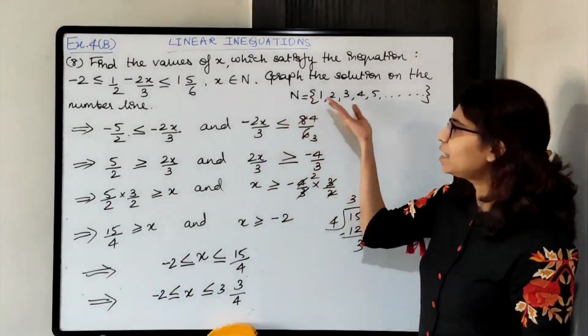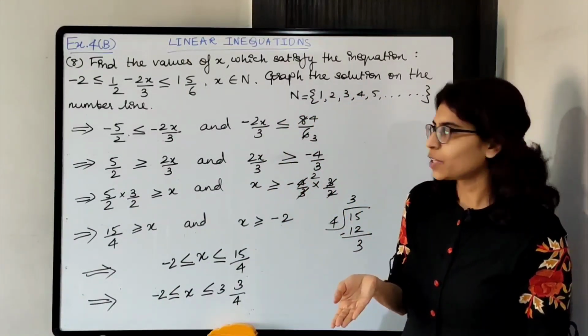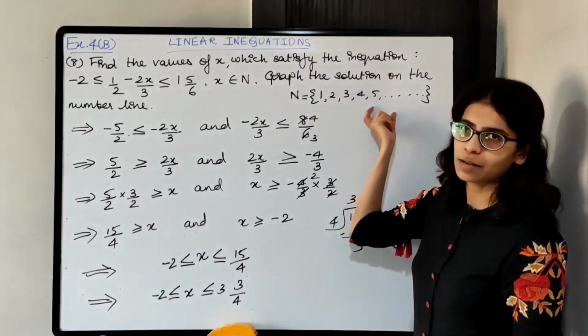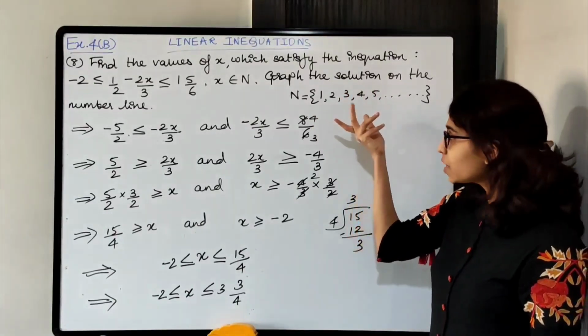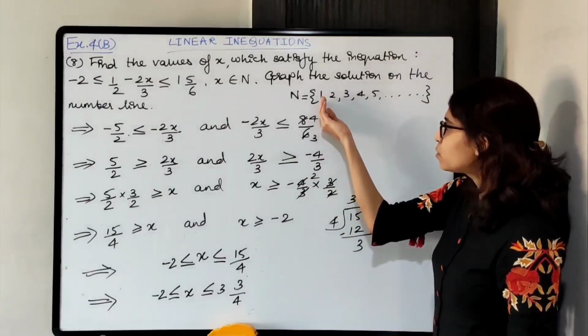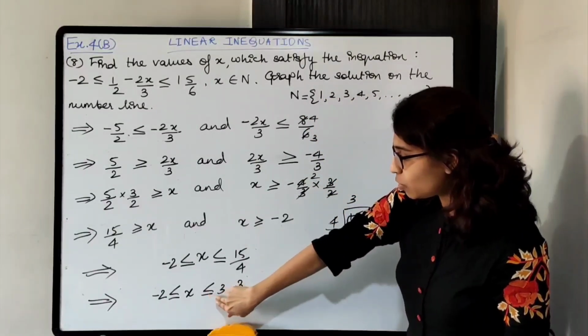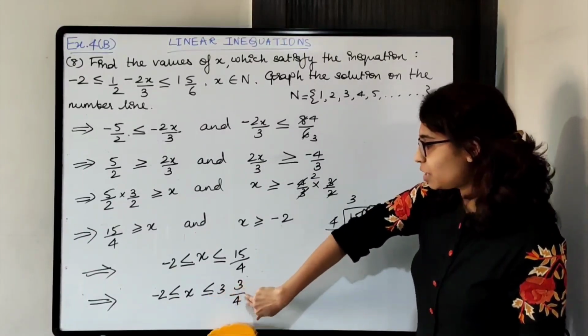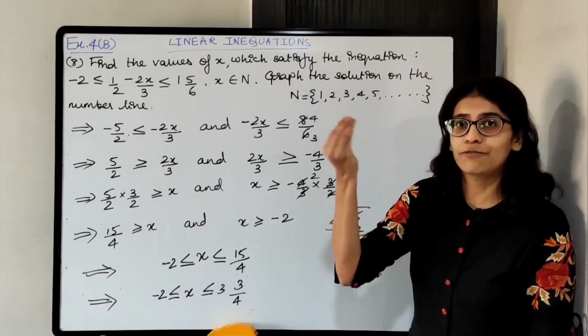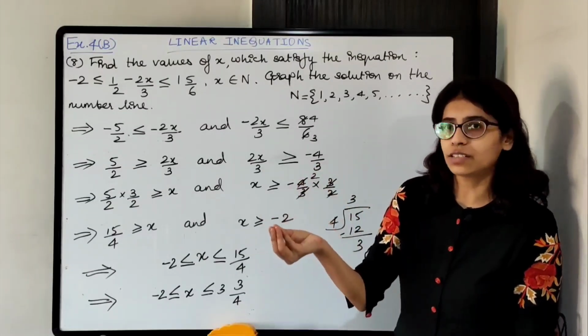नेगेटिव नंबर्स तो आता ही नहीं है नेचुरल नंबर्स में, सो x का वैल्यू नेगेटिव यहाँ पे होगा ही नहीं. Okay, because नेचुरल नंबर से चूज करना है. 0 भी नहीं आएगा. So it is greater than or equal to -2. So -2 से ज़्यादा वैल्यूज 1, 2, 3, 4, 5 है, but it is less than or equal to 3/4, that is 3.75. Okay, so maximum value 3.75 हो सकता है.